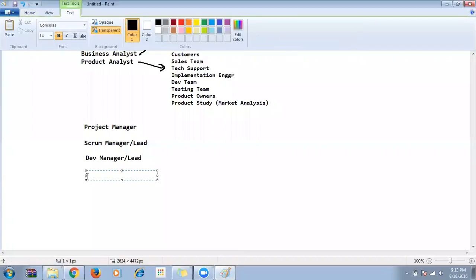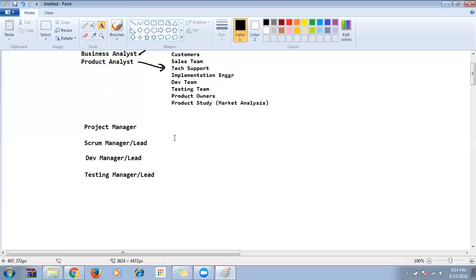Then we have the Testing Manager or Testing Lead. The testing manager or lead gives information to everyone: these requirements are going to come to me, and it takes this many days for me to test, whether it is working properly or not.